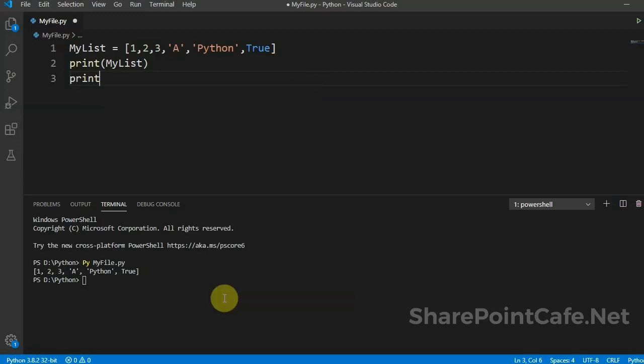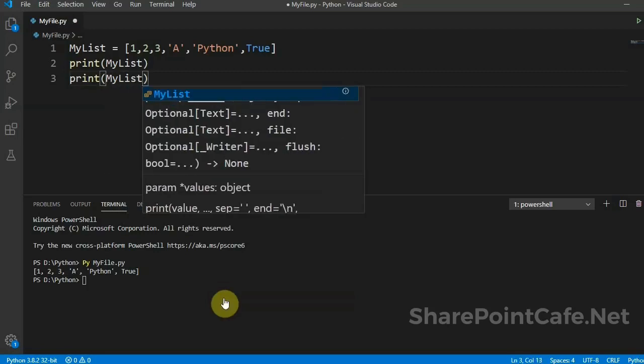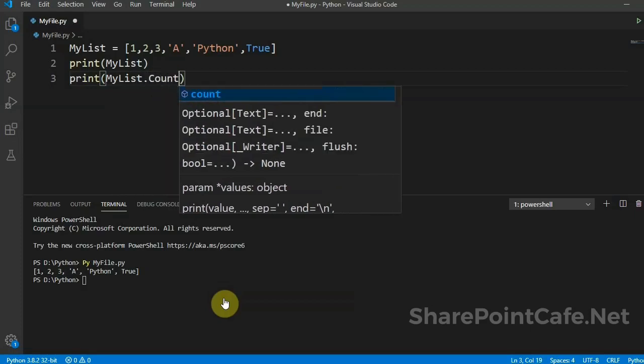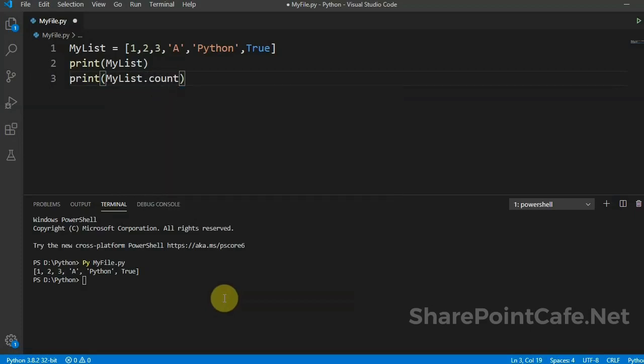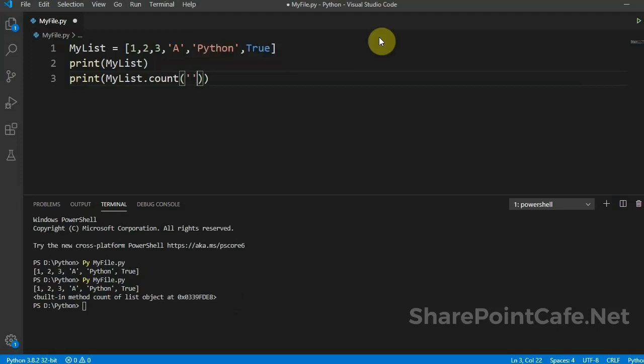Next, I'll try to count the items available in the list. Okay, some mistake here.